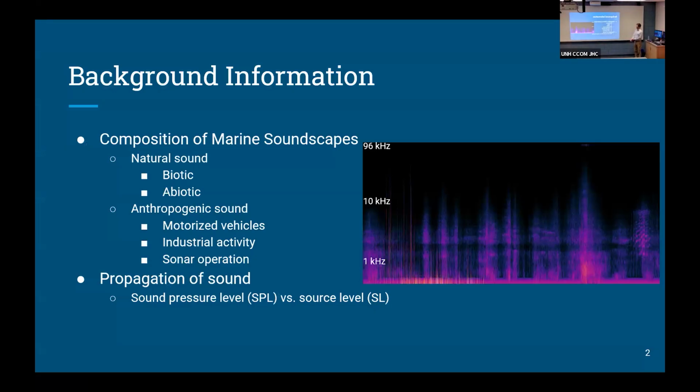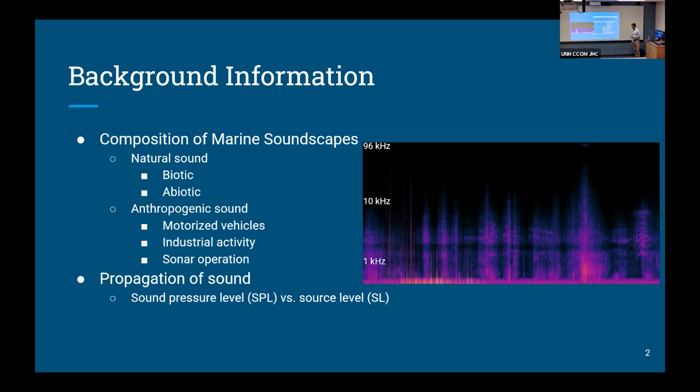So, for a little bit of background information, soundscapes are characterized by a number of both biotic and abiotic features. Biotic can include fish grunts, whale vocalizations, some snapping shrimp. Abiotic features can be anything from geological activity or rain, sometimes anthropogenic sound. So that can also include motorized vehicles, so jet skis, larger or smaller vessels, industrial activity, which can include pile driving or gas and oil mining, sonar operation that can include both ocean mapping and military and any other sonar